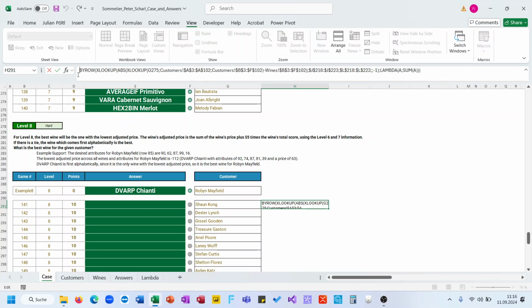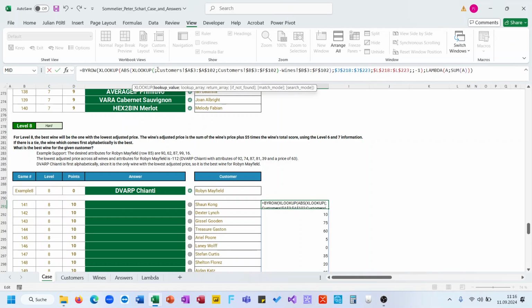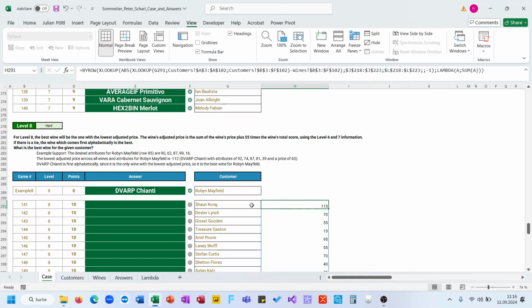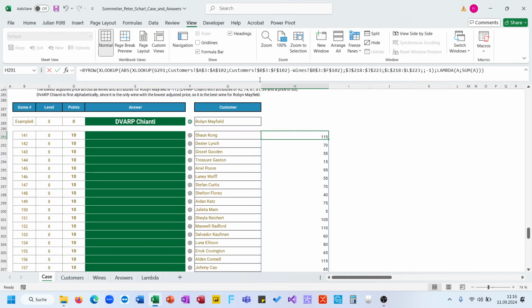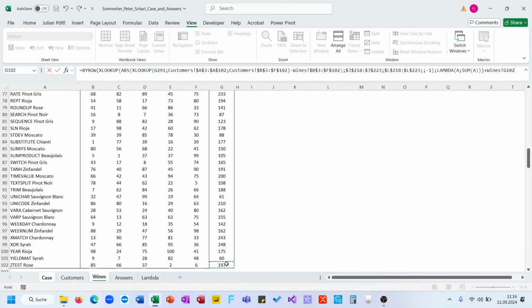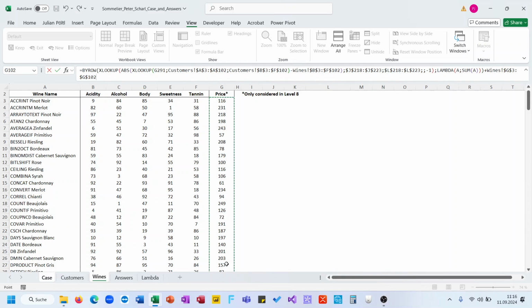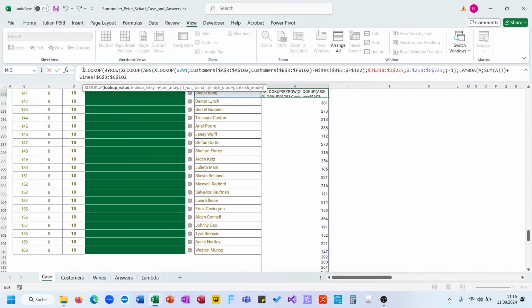Oh, sorry, erase the equal sign. But XLOOKUP here is our guy here. Now we have a list for the score. Now we add the price with a simple sum, and we can now do again an XLOOKUP